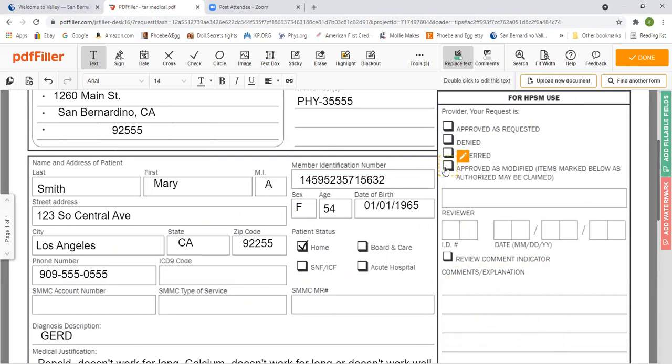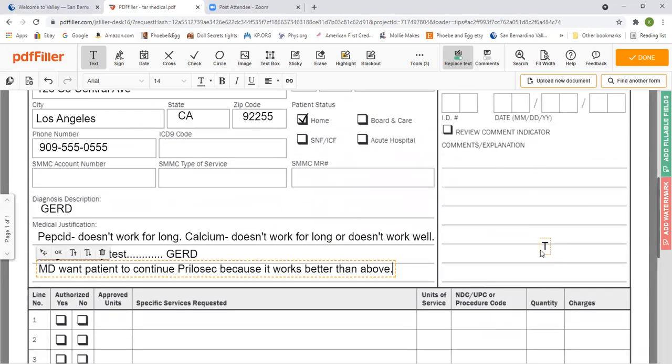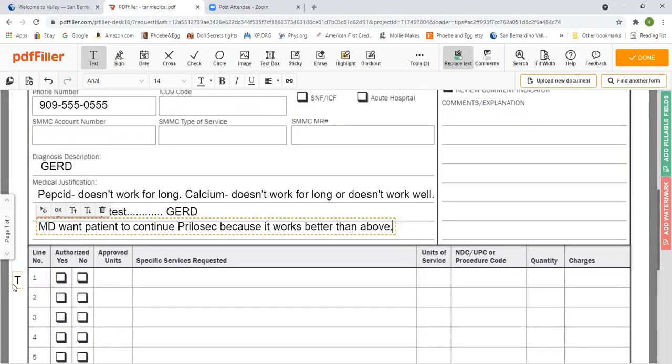Approved as modified means that they're only going to allow it for a certain length of time, or they'll only allow something somewhat similar, but not the exact thing that you're looking for. And then here they're going to put authorized, yes or no, and the approved units, or how many times they can refill it. So for that, you're going to put Prilosec,